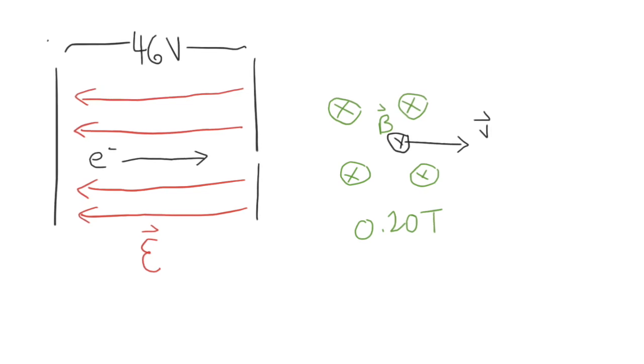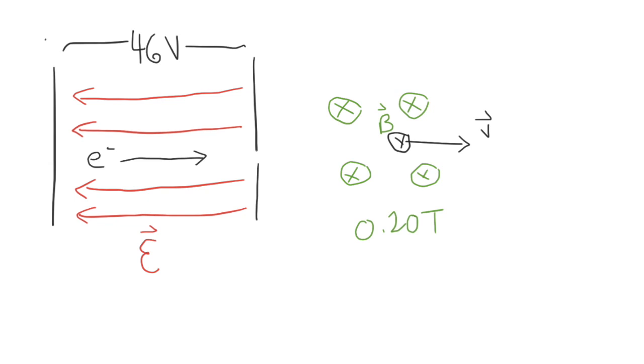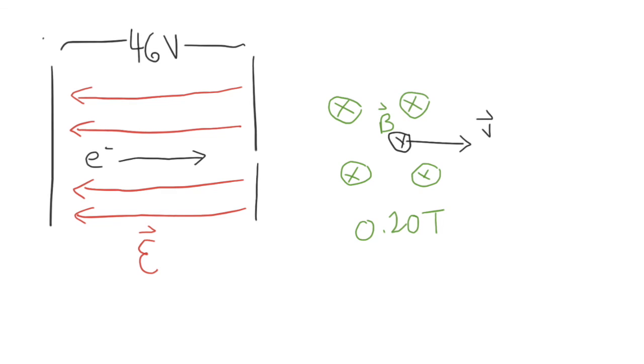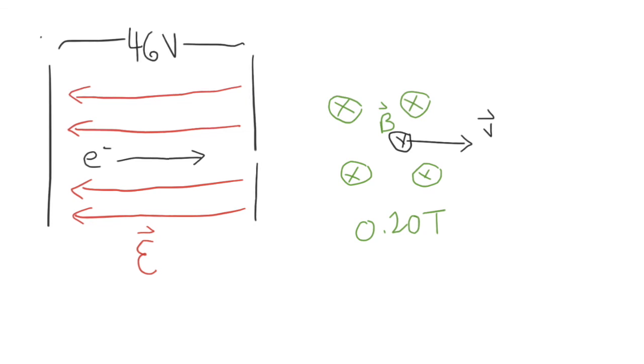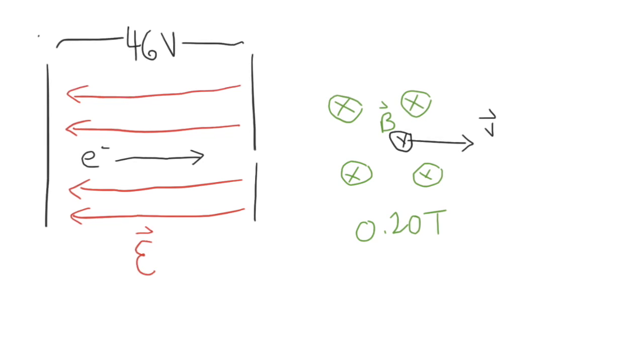But in this case, we have a negative charge, right? An electron is negatively charged, so it's going to go to the right. And then the electron is going to pop out of this plate here, and then it's going to be in this region of space where there's no electric field, but there is a magnetic field. And so the magnetic field is directed into the page. Things that are directed into the page are represented with these X's here, right? X's usually with a circle around them. So that just shows that our magnetic field lines are